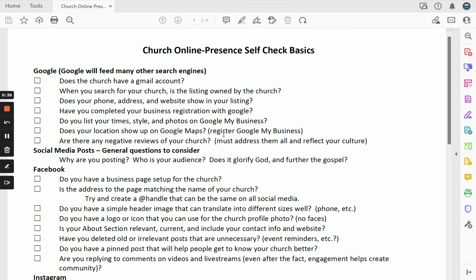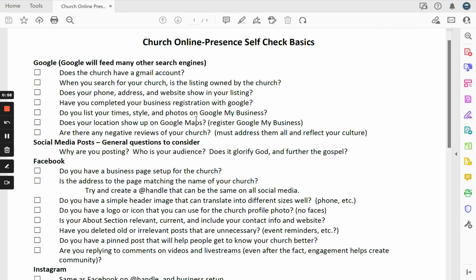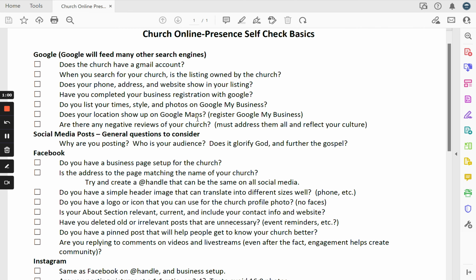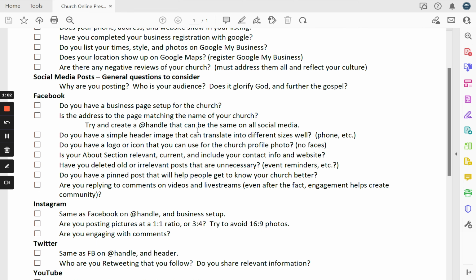I recommend a volunteer, someone who's on maybe your media team, maybe one of the people who is a little tech savvy on your pastor's council. Have them take a look at this and just run through and check the boxes and make notes where improvements are needed. Okay. Now we're going to address Google, how you make your social media posts is important,